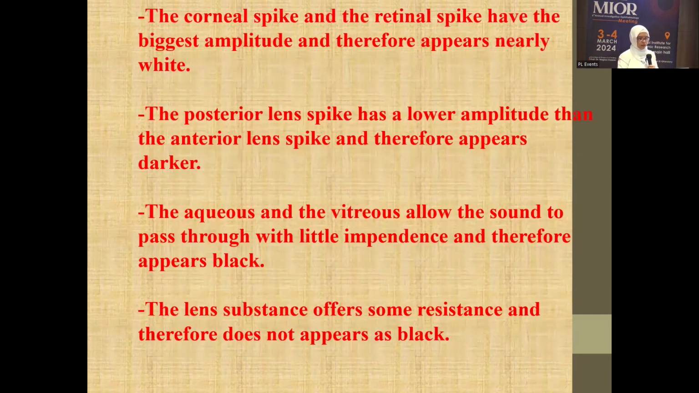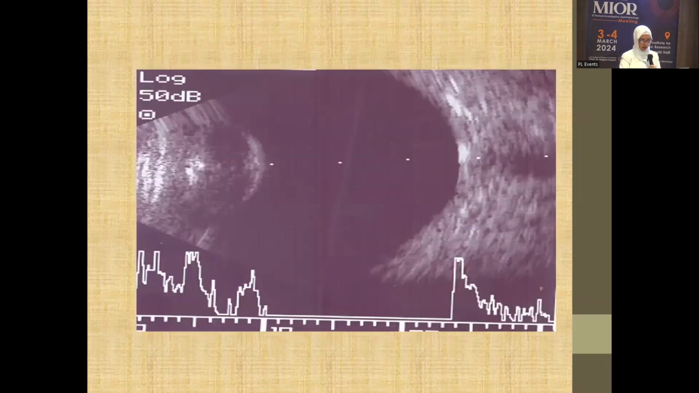So the corneal spike and retinal spikes have the best amplitudes, and therefore they appear nearly white. But we do not always talk about the cornea in the B scan, because we can actually see it through the slit lamp, so no comments about the cornea. The posterior lens spike has a lower amplitude than the anterior lens spike, and therefore it appears darker. The aqueous and the vitreous allow the sound to pass through with little impedance or resistance, and therefore they appear black. The lens substance offers some resistance, so it doesn't appear black. It may appear in the form of gray color. And this is